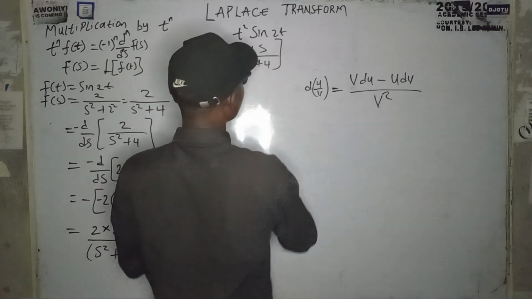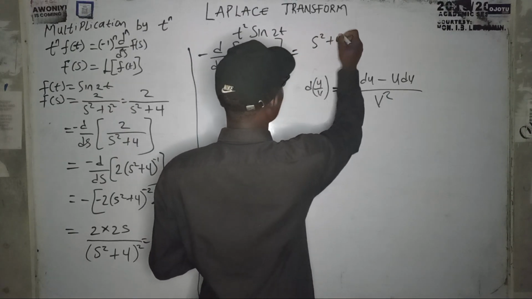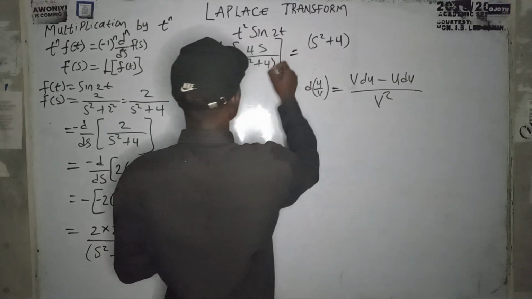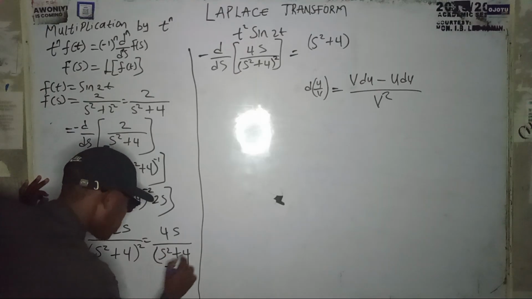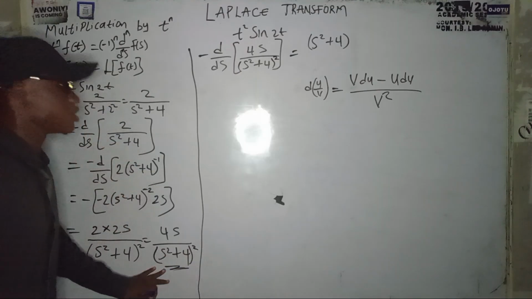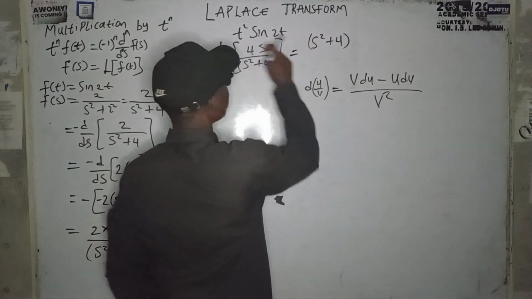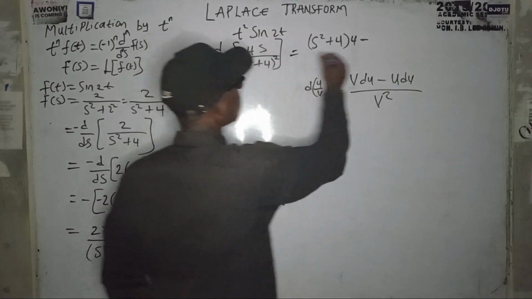We take v. This is equal to s squared plus 4 times the differentiation of whatever is on top, over s squared plus 4 all squared. Let's not forget our square sign that we got here. So we have s squared plus 4, and we differentiate what is on top. That is 4. And we have minus 4s